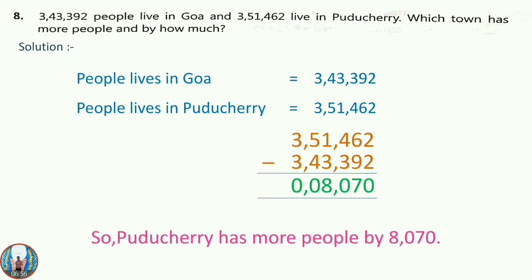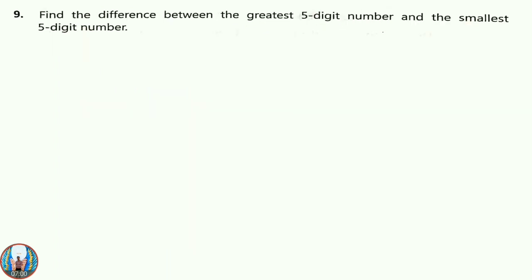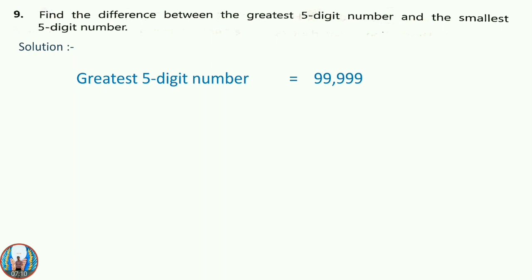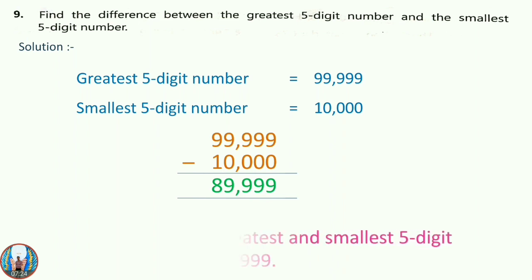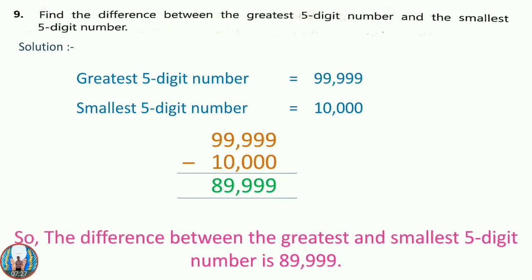So Puducherry has more people by 8,070. Question number 9. Find the difference between the greatest 5-digit number and the smallest 5-digit number. So we have to first of all write the greatest 5-digit number, that is 99,999. Then the smallest 5-digit number, that is 10,000. So subtract. The answer is 89,999. So the difference between the greatest and smallest 5-digit number is